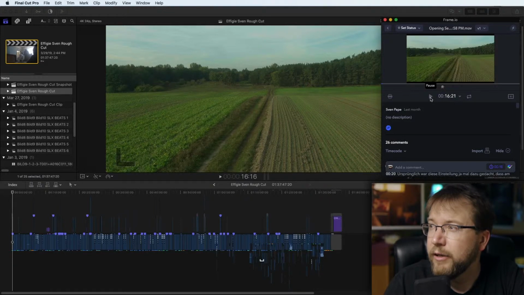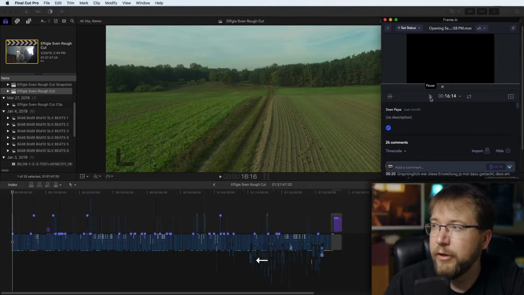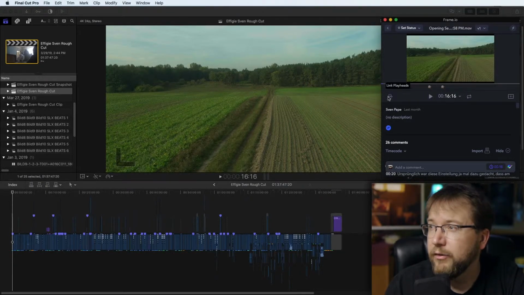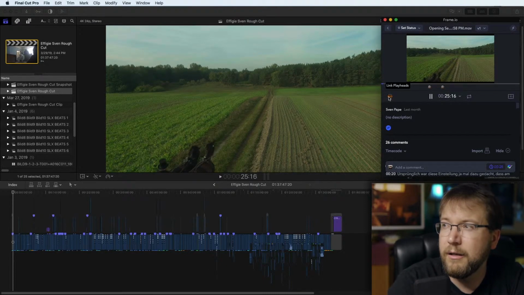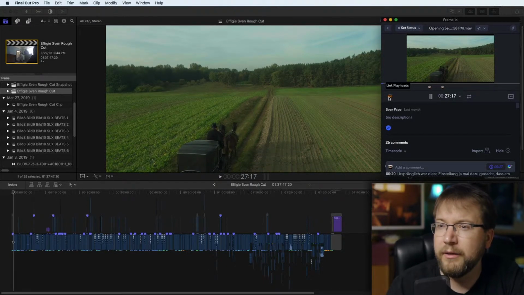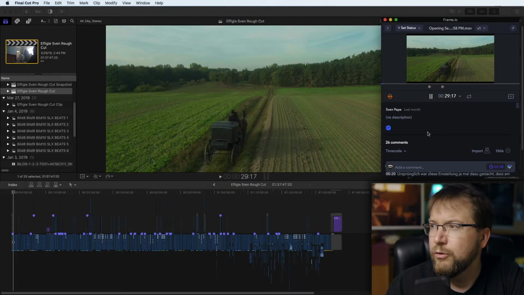And I'm waiting for that frame to come up right here. Frame by frame, I can jump here. Now I press this link button. And now both timelines are synced up with each other. So if I go to a note,